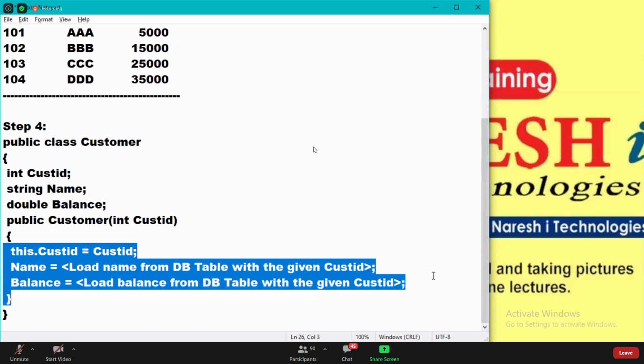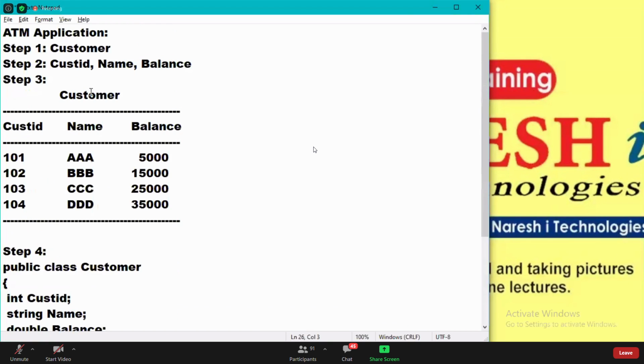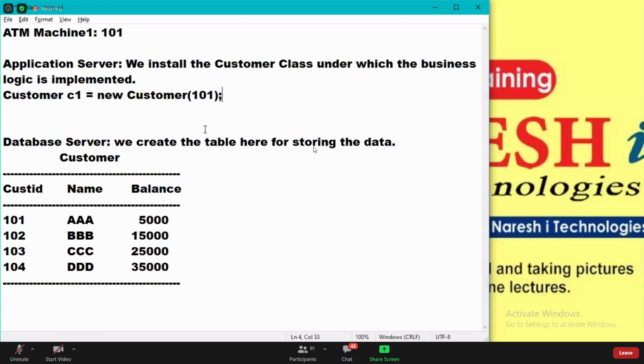Okay, so now how many customers can access the application at a time, guys?